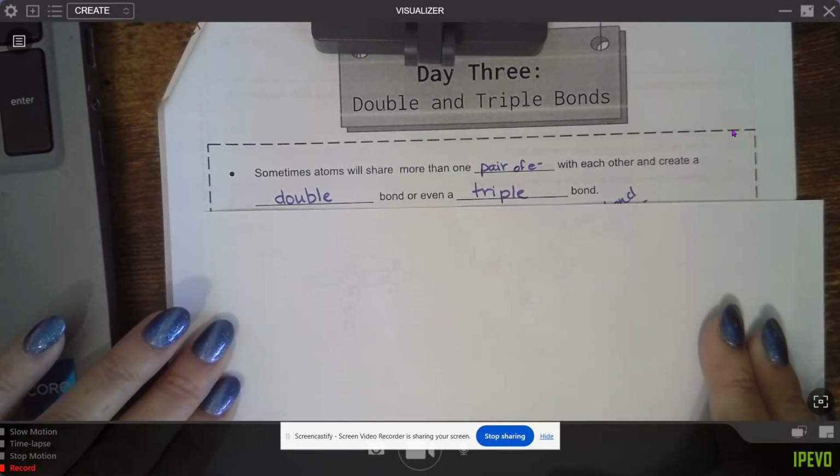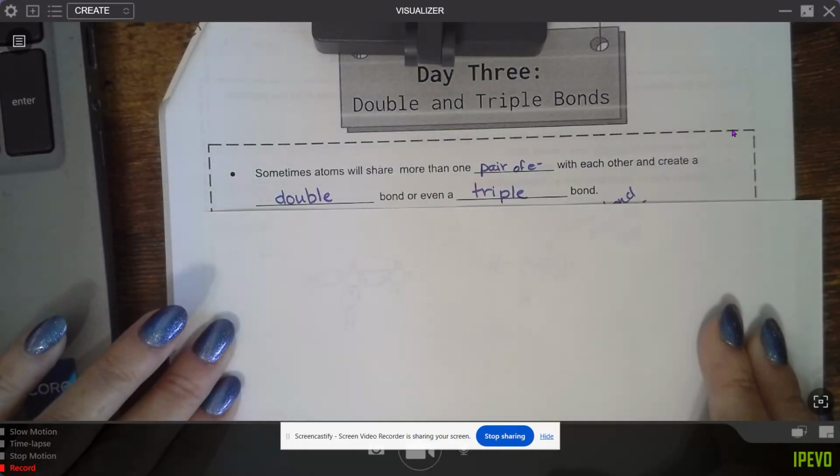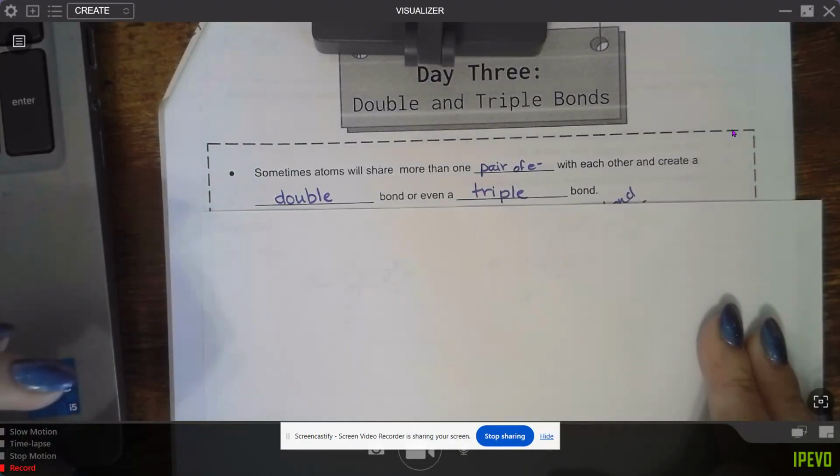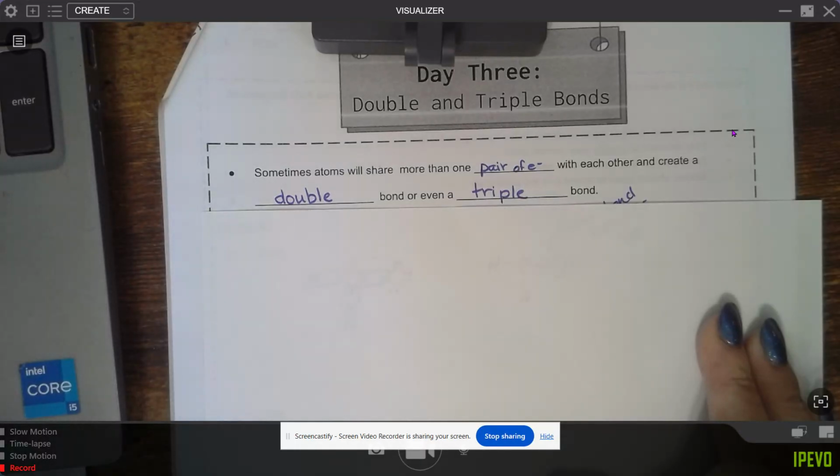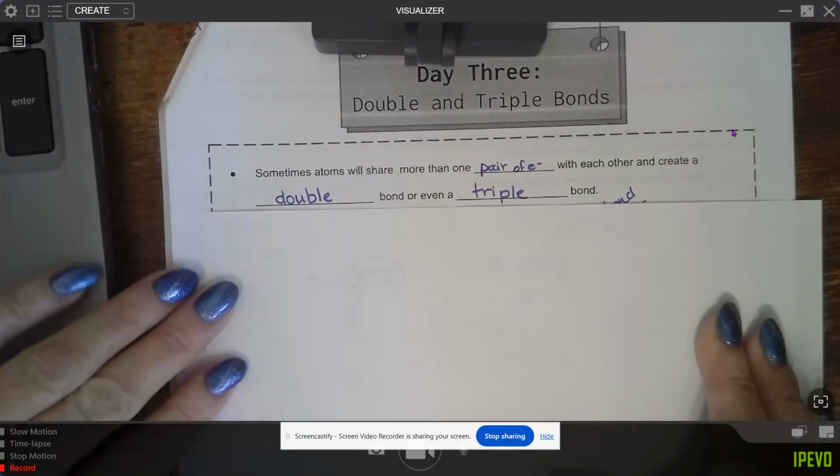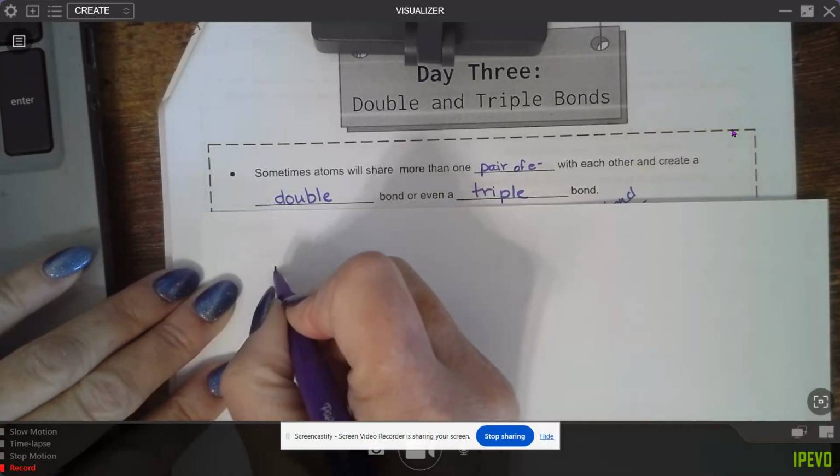Okay, so what we're going to see is sometimes atoms can share more than just one pair of electrons. And they do this to create double or triple bonds. So we're going to do an example, and our example is